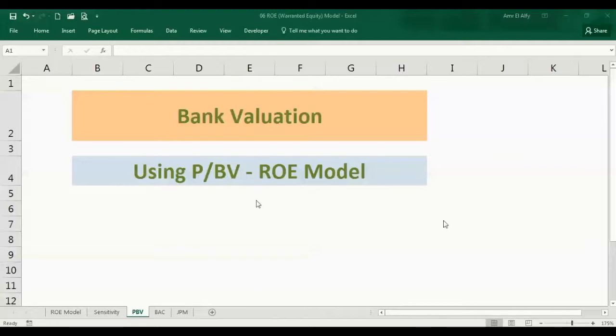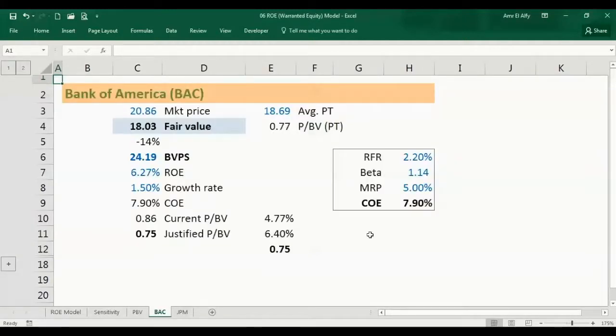Today we'll talk about bank valuation. We're going to use one of the models that we've learned in our Fundamental Academy, which is the price to book value model, justified price to book, or what we call the ROE model. We'll try to value two US banks today, Bank of America and JP Morgan. We are going to use different fundamental numbers that we discussed in our Fundamental Academy